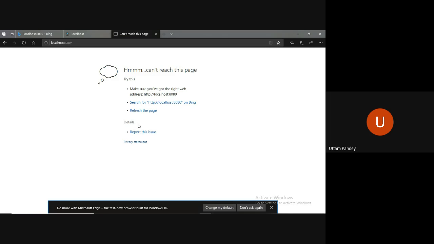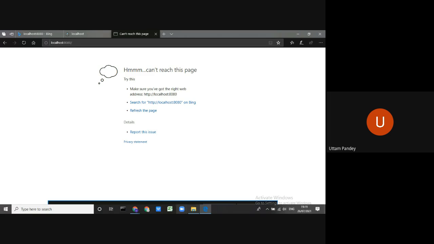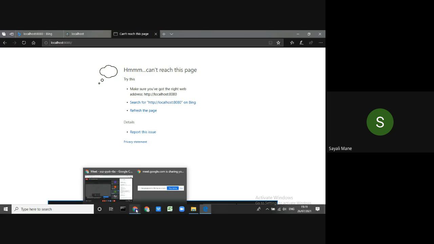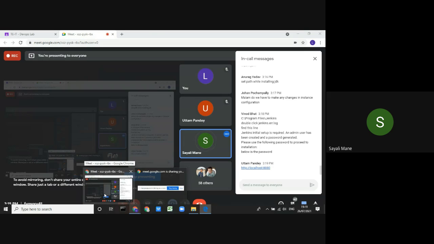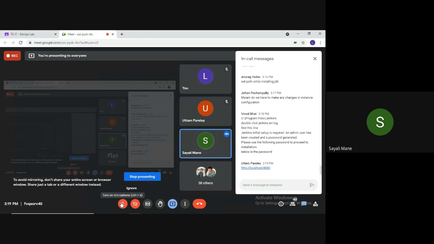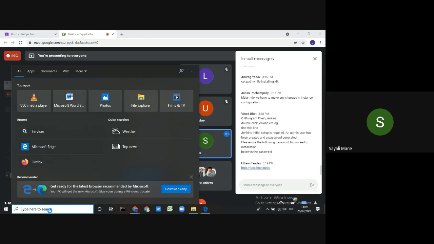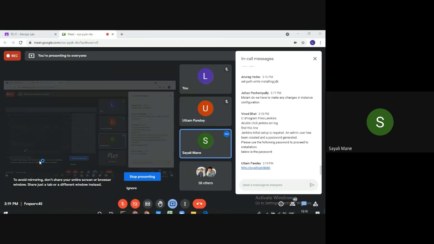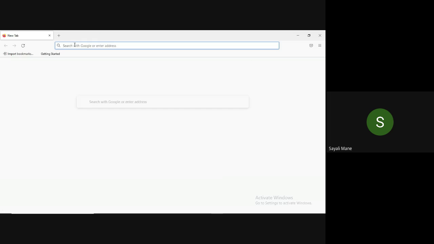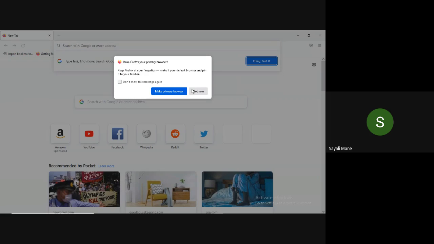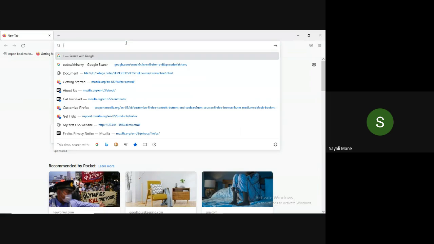Still it's not coming. Do you have Firefox? It was actually working in Google Chrome when I used it for the first time. Right now it works in Microsoft Edge. See in Firefox, you know this user and password.